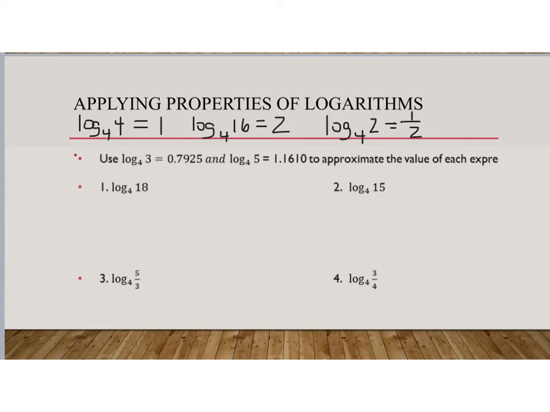All right, so number 1 here, we want to break this up into the logs, either log base 4 of 3 or log base 4 of 5, or any of those that we can know mentally. So getting started here, we could break this up into log base 4 of 2 plus the log base 4 of 9, because 2 times 9 is 18. Now I do know the log base 4 of 2 is 1/2. Log base 4 of 9,